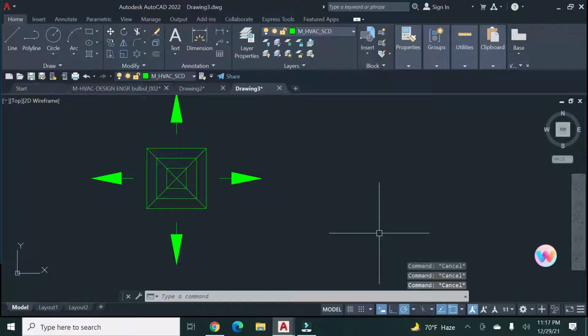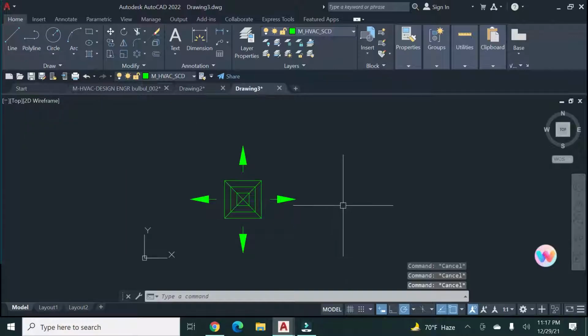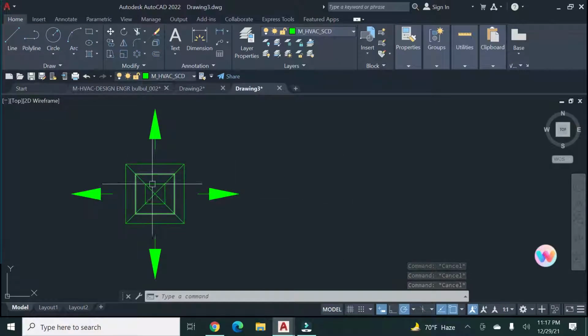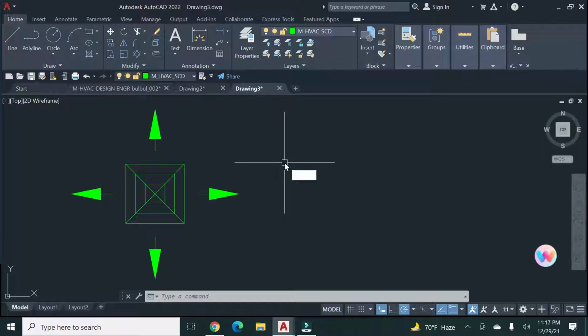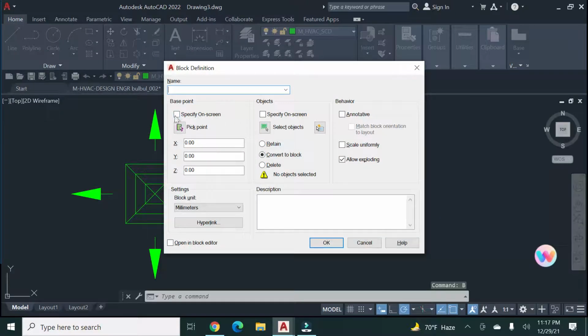So this is called the supply ceiling diffuser, but I have a mistake here because I need to block it, otherwise anyone can delete a portion of this rectangle of this diffuser. So I need to block that. Go to B and enter, and give the name of the equipment: supply ceiling diffuser SDC.